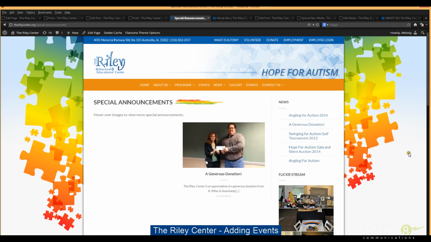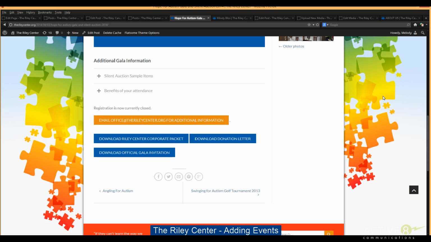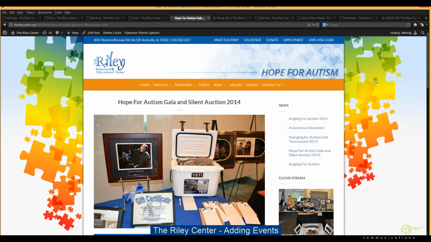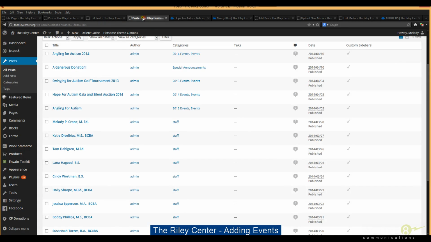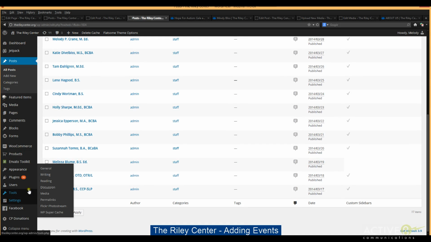So the last thing to look at for an event is going to be the PayPal information. So the Hope for Autism Gala 2014, it had a PayPal link right here that you could pay online to buy your tickets. So if you're going to add PayPal to your event, you're going to need to go to your back-end side. Down here at the very bottom, you will see where it says CP Donations. So whenever you click on CP Donations,